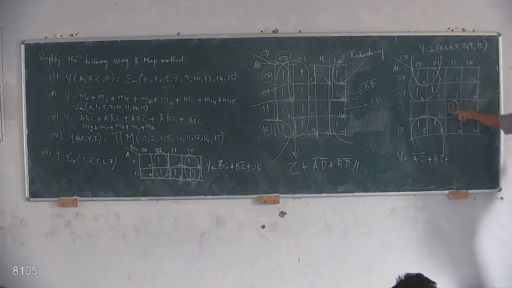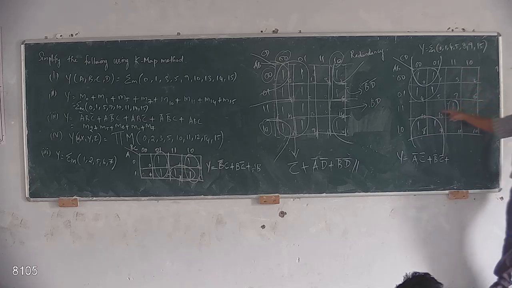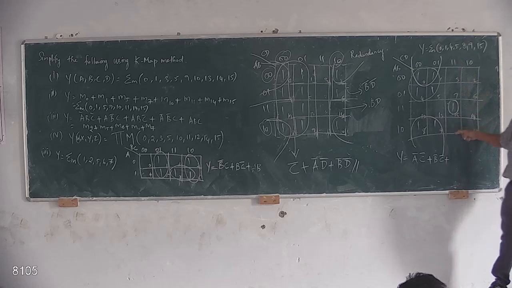This one box, what is the value for this box? A, B, C, D. Here A, B, this is C, D. Okay, the answer is,